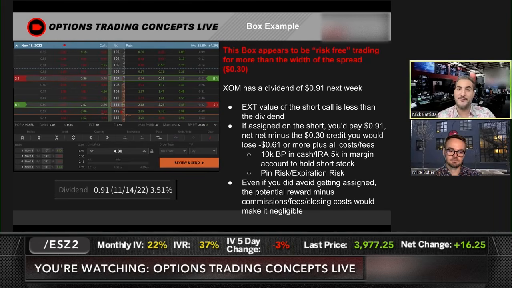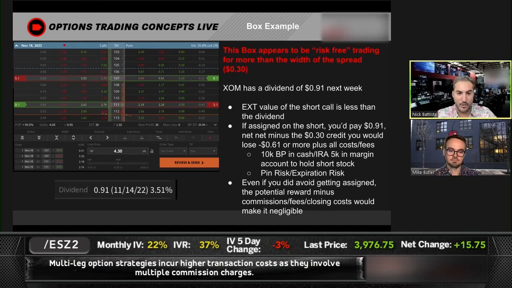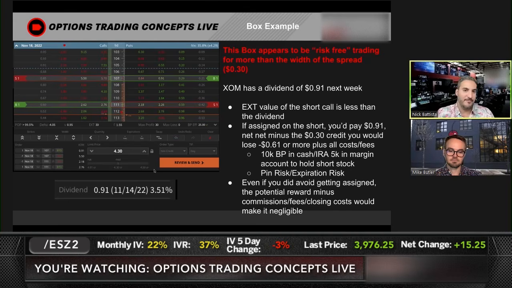You'll probably get filled on this spread the way it's marked. You can see it marked at 401 to 450. You'd probably get filled more at 410, 415, something like that. So it's probably even less than this, but we'll just use this as the example. So you're out 61 cents plus whatever costs you incurred going into this position. So a couple bucks in commissions, a couple bucks in fees, and then you come in the next day and now you've got a short stock position.